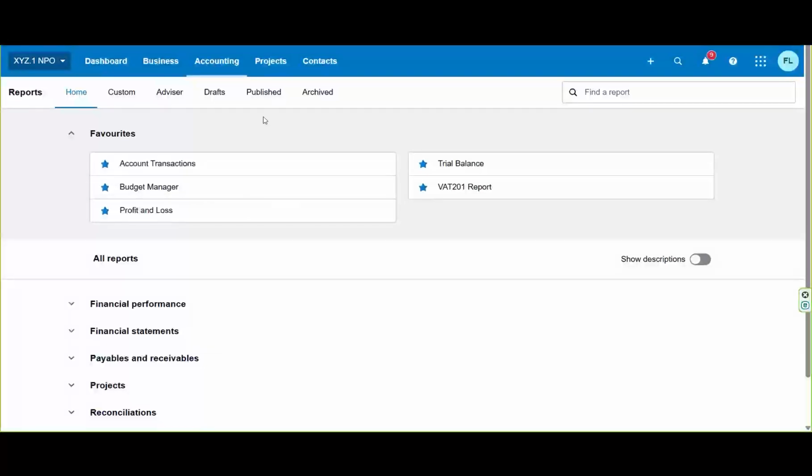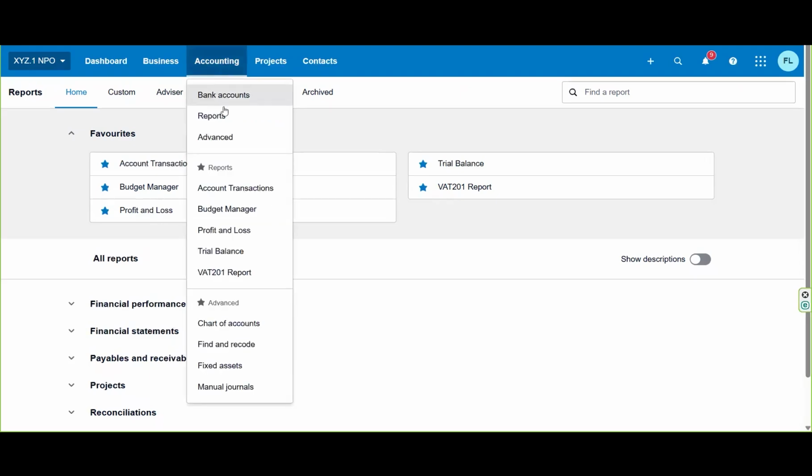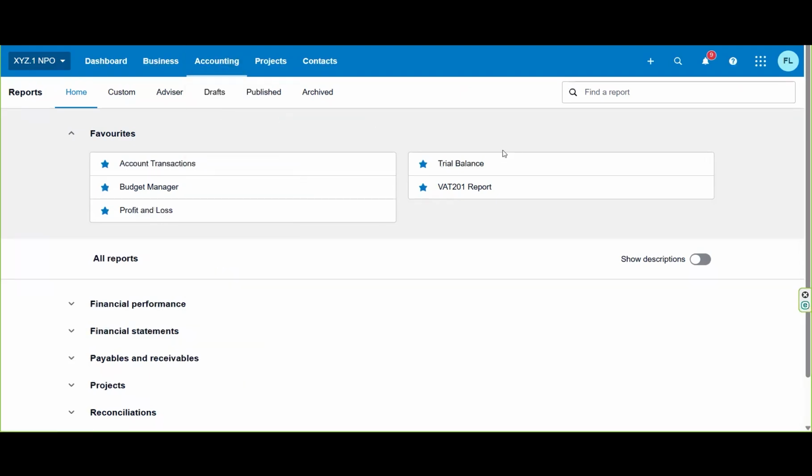So we're going to now look at how do you run your different types of reports? What information do you need to include in your parameters? So once again, in order to access reports, we have to be in the accounting tab and then we click on reports. And I'm just going to now show you firstly the basic one, which is the trial balance, which